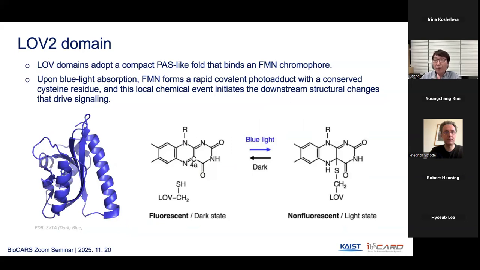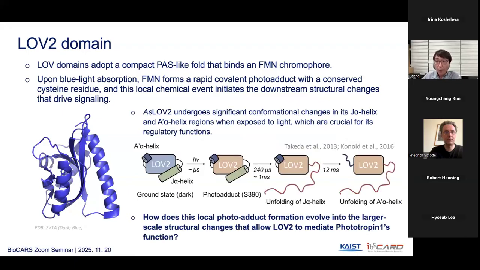In the case of the LOV domain, previous studies have shown that when FMN absorbs blue light, it forms a covalent adduct with a conserved internal cysteine residue. After forming the photoadduct, a photochemical event occurs on a very fast time scale, and this event initiates a conformational change in the main structural scaffold of the LOV2 domain, eventually leading to the unfolding of the A-alpha helix. And our central question,